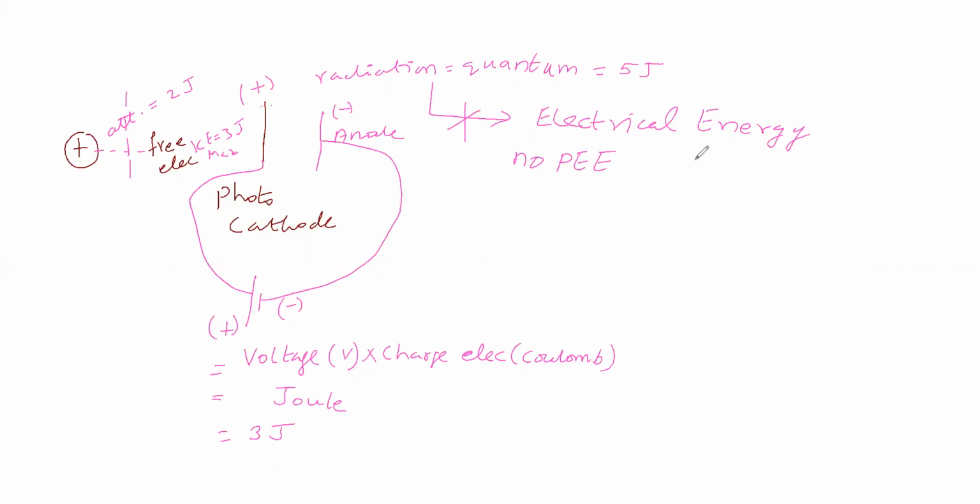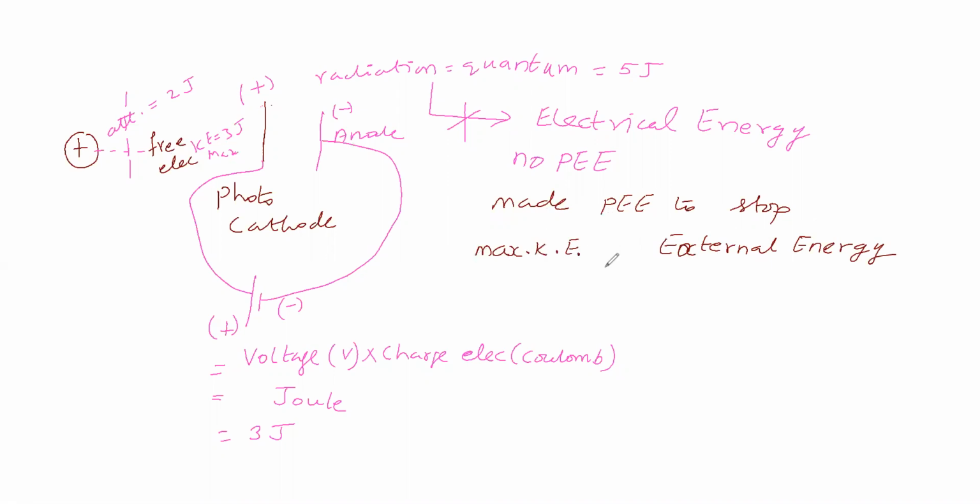Sir, here we made the photoelectric effect stop, for which we gave external energy this much. In order to stop the photoelectric effect, we supplied external energy. This external energy will take, and the maximum kinetic energy of the free electron will take.